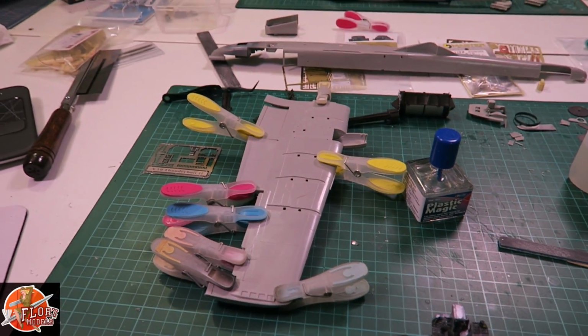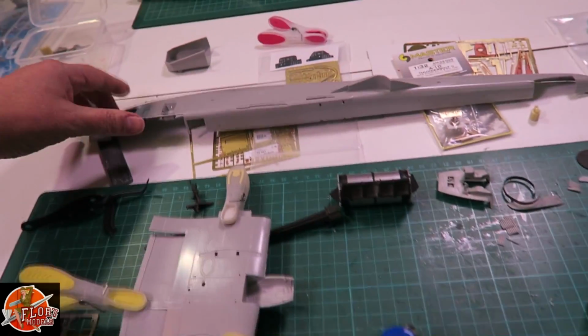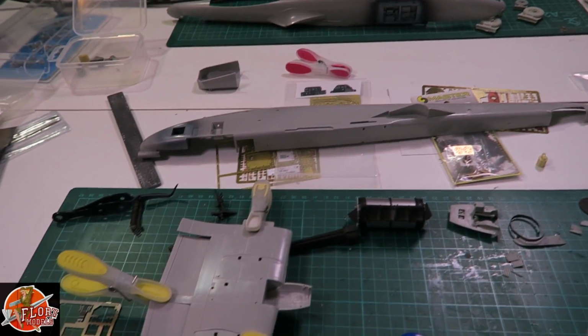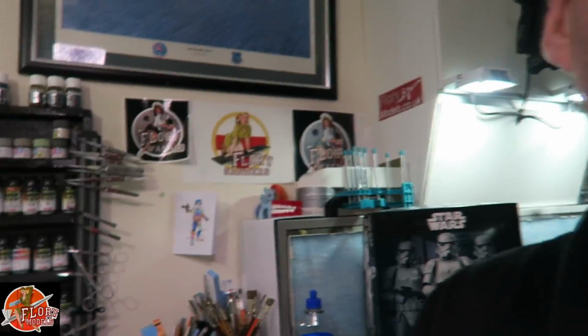The actual bits you can see over the rest of it. This one I've just shown you on camera putting it together, and then obviously we've got the bodies as we spoke about earlier. The tail planes are over there, all the bits and pieces, they are all done and good. The gun is all done, everything now is ready literally for the sort of final assembly of bringing it all together,